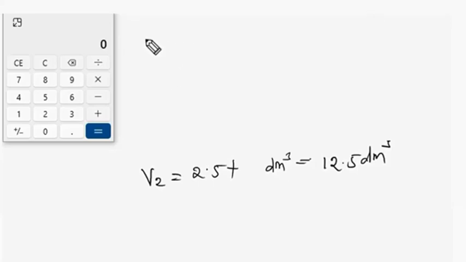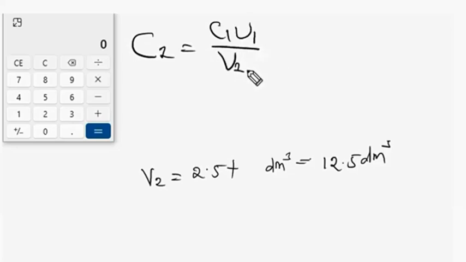So in order to get C2, it is going to be C1V1 over V2. We already know that C1 is the initial concentration, which is 2.0 moles per dm cube, and V1 is the initial volume, which is 2.5 dm cube, and this will be over V2, which is